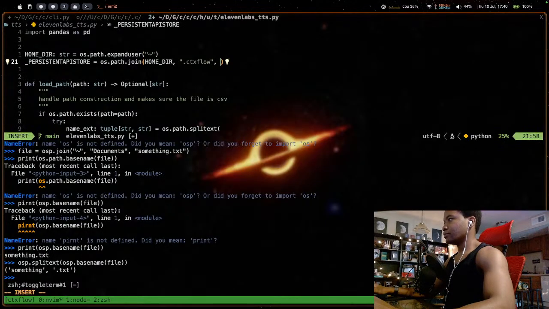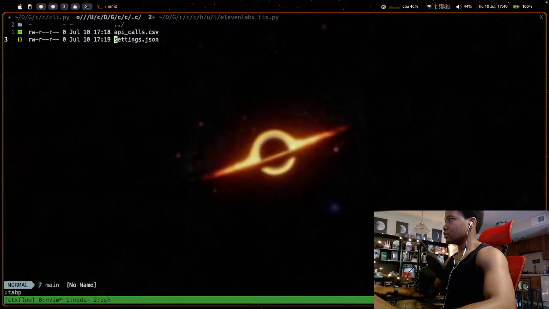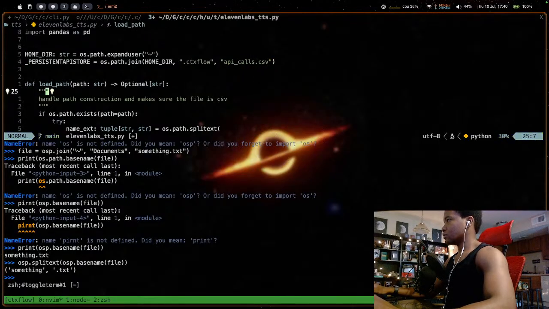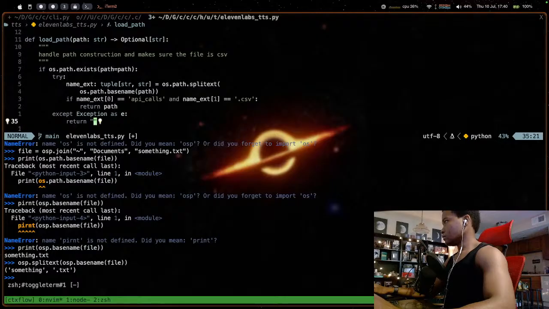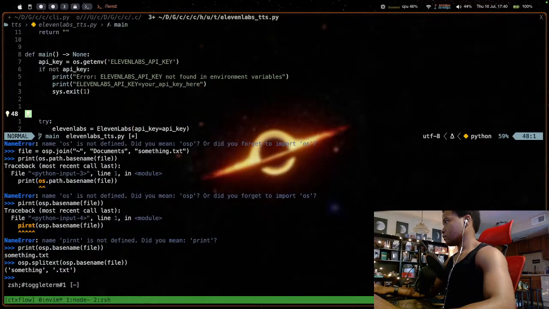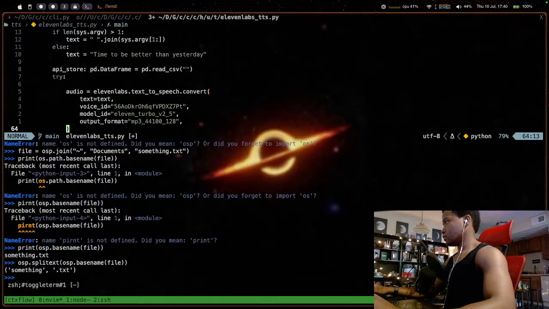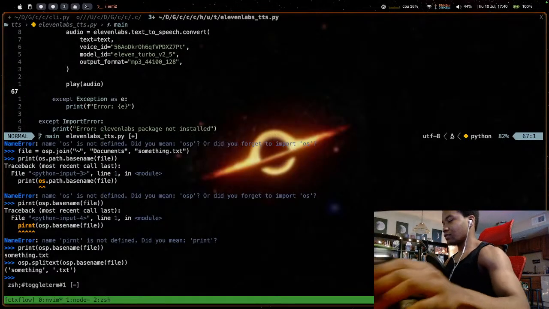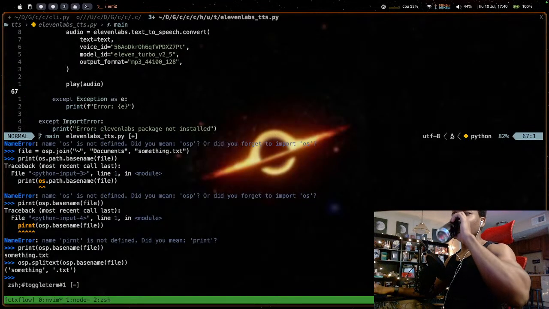We need, what do I call it? So this is just checking to make sure that it's actually on the system, on the user system.